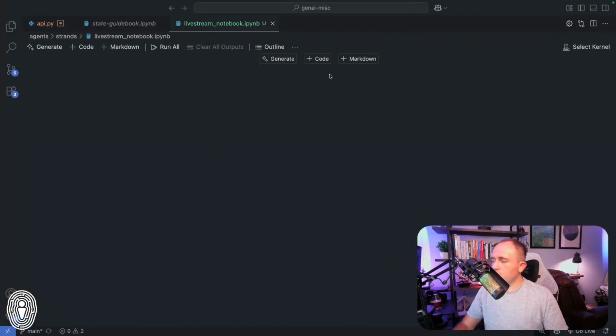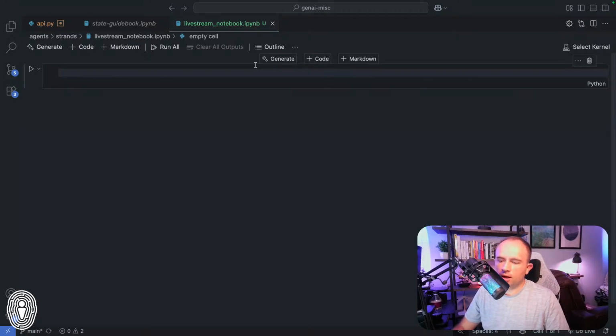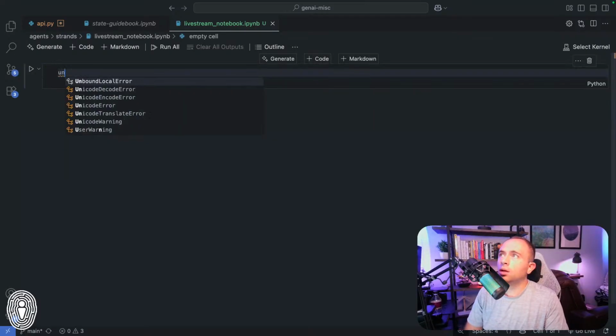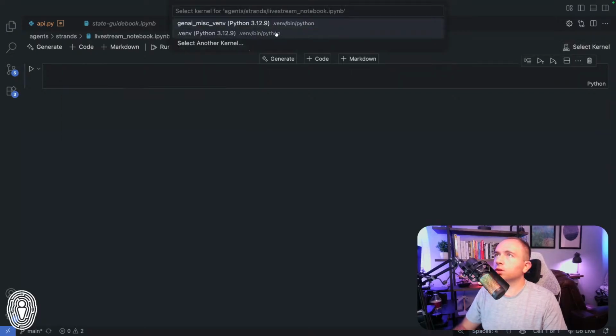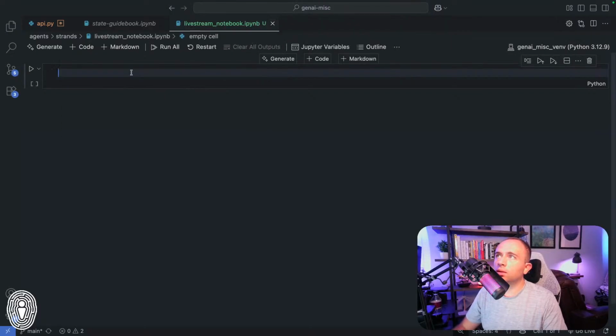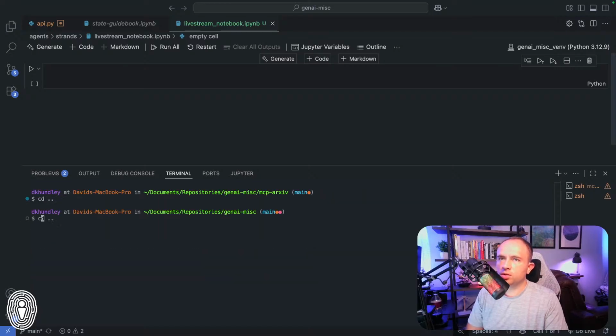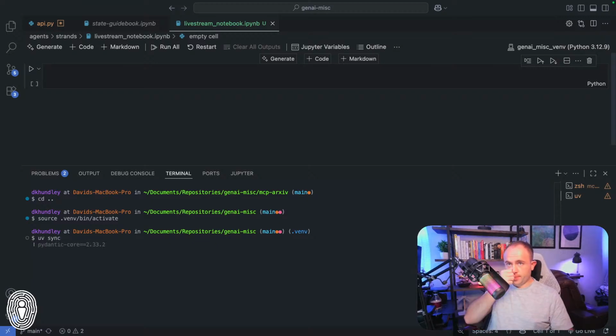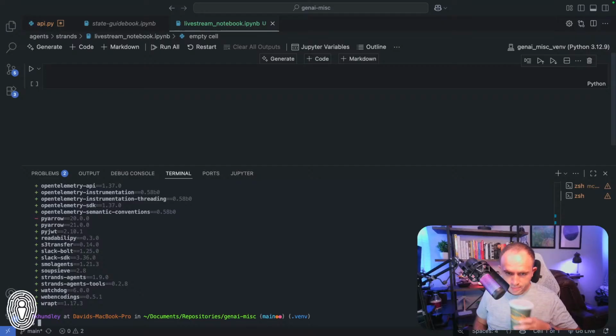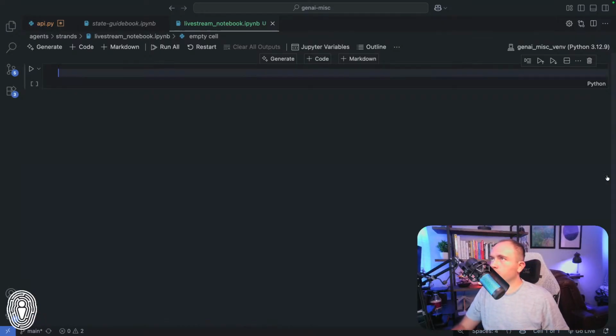All right, so I do already have my API key downloaded. So I'm going to go ahead and do a couple imports here. Let me select my kernel just to make sure that we're good to go. I forgot I operate on 2 different systems, so I probably do need to ensure that my source is good. I've been using virtual environments, so I'm going to do, what's the command? uv sync. That's right. Just making sure that all my dependencies were installed appropriately.